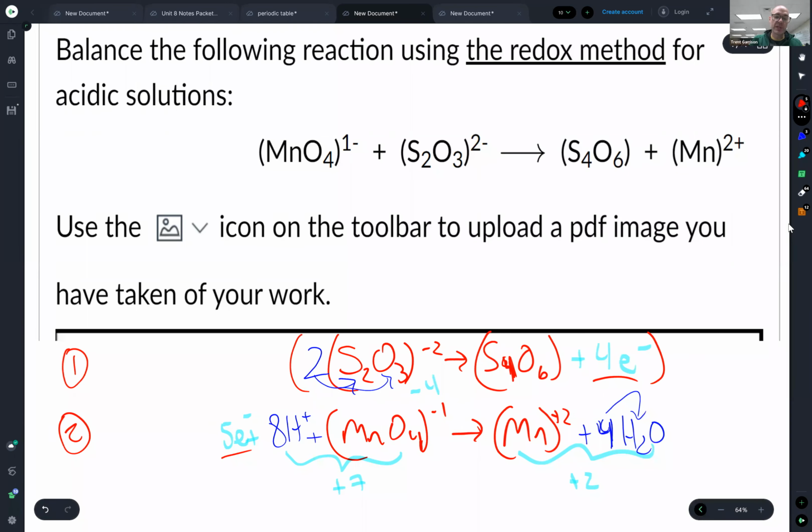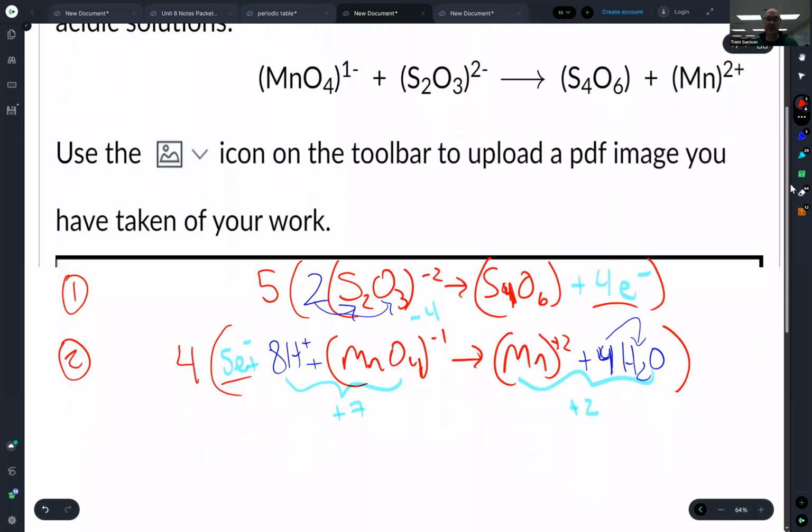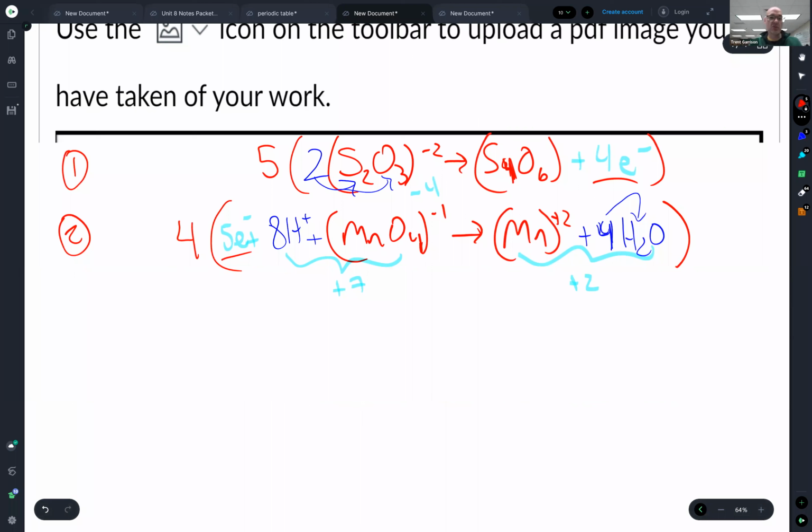So I need to bring those to a common multiple. I will multiply everything on top by 5, everything down below by 4, so they both have 20 electrons. That's the lowest common multiple between 4 and 5. Now I'm going to distribute that 5 out. So I'm going to have 10 of the S2O3 minus 2s. I'm going to have